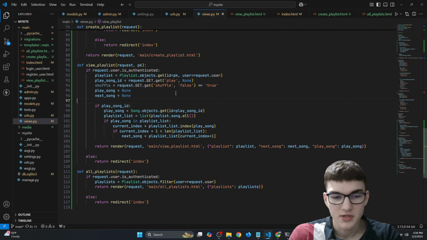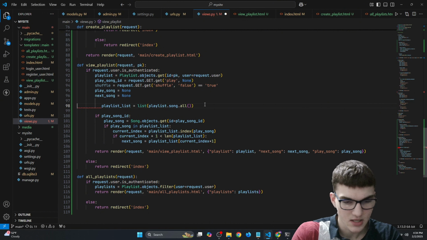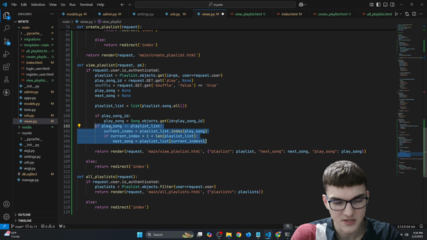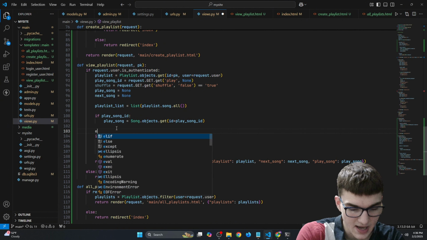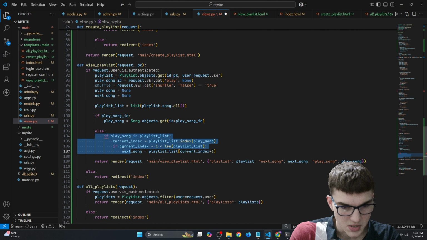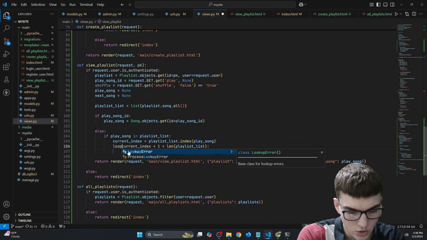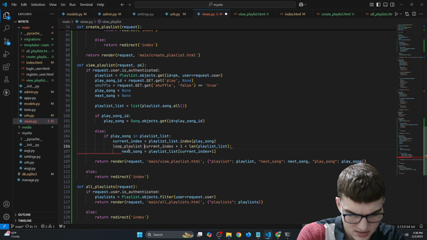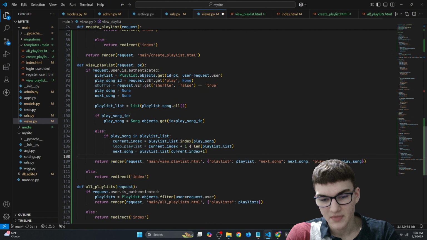Now that we've imported everything we need, I first want to modify this a bit so you understand it better. We don't need this playlist list to be inside of this if statement, and we also don't need this to be in that if statement, so we can move it right here. And also right here, I want to type an else statement. We want to indent this right here. And instead of this being an if statement, I want to set it to be loop playlist,